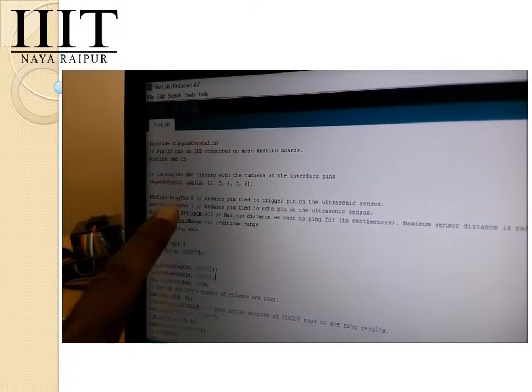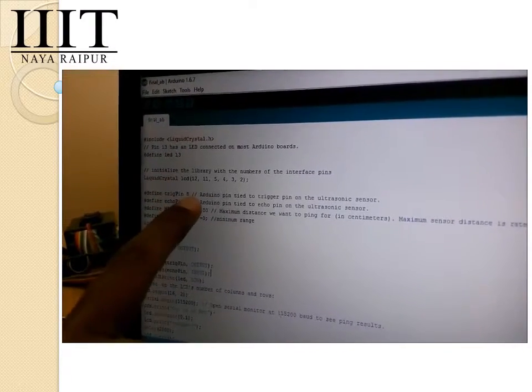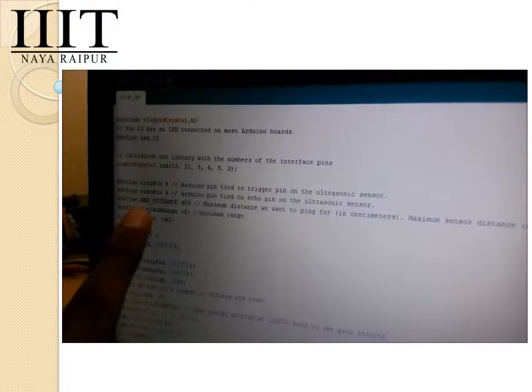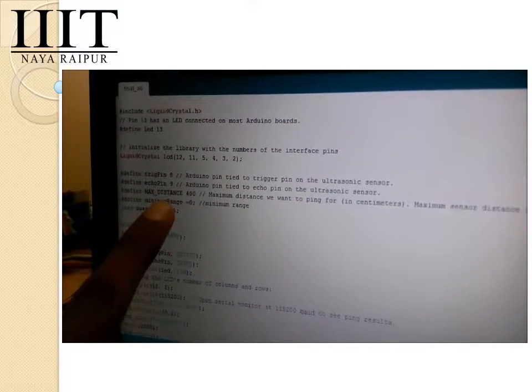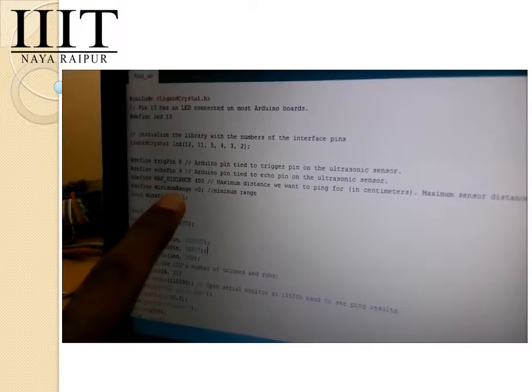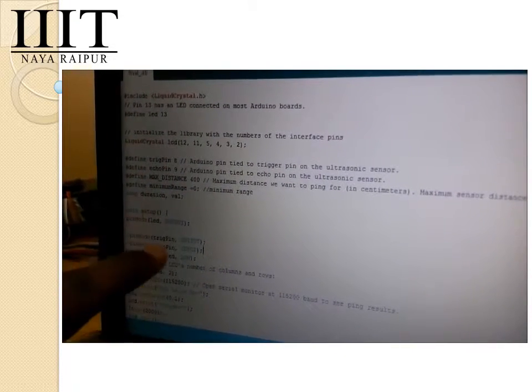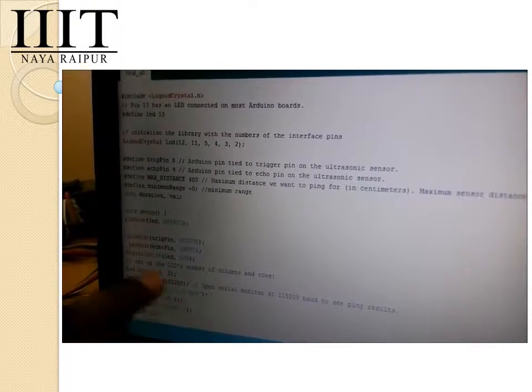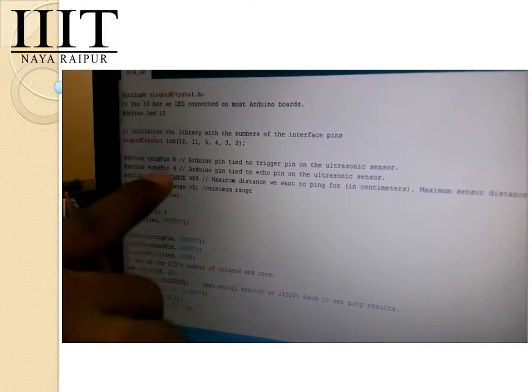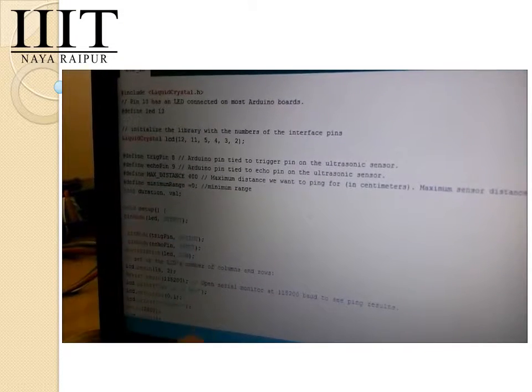Now we have defined the trigger pin as pin number 8 and the echo pin as pin number 9. These trigger and echo pins are on our ultrasonic sensor. We have also defined that the max distance will be 400 and the minimum range will be 0. So instead of using 8 we will use trigger pin in our code, and instead of using 400 we will use max distance, and similarly for the others.